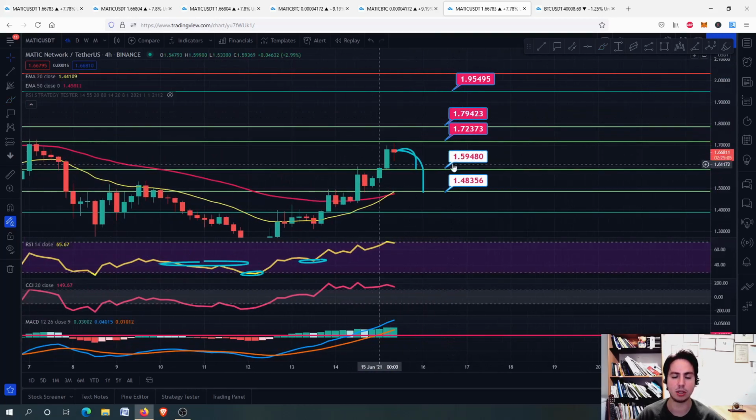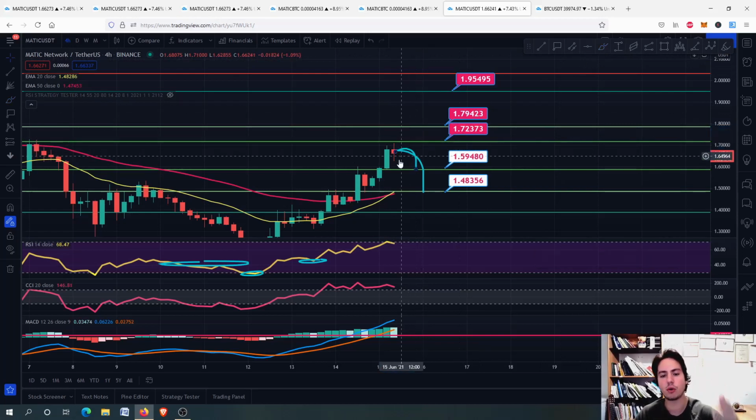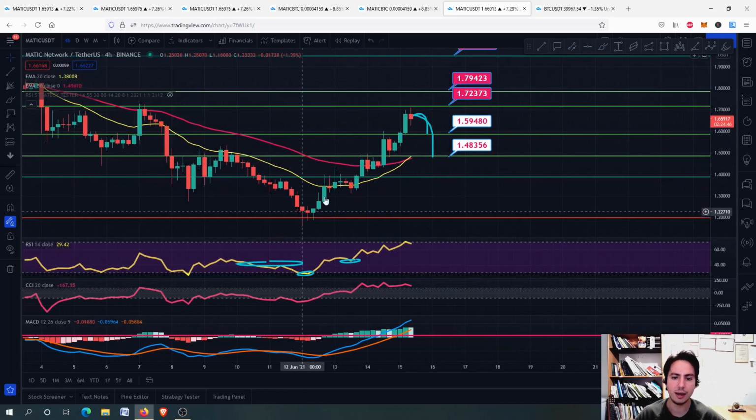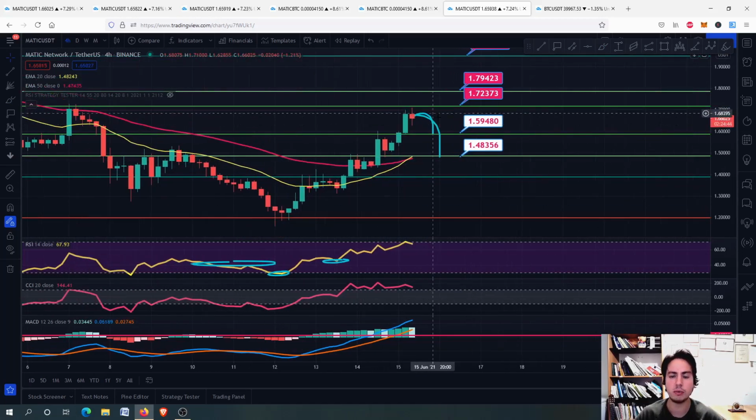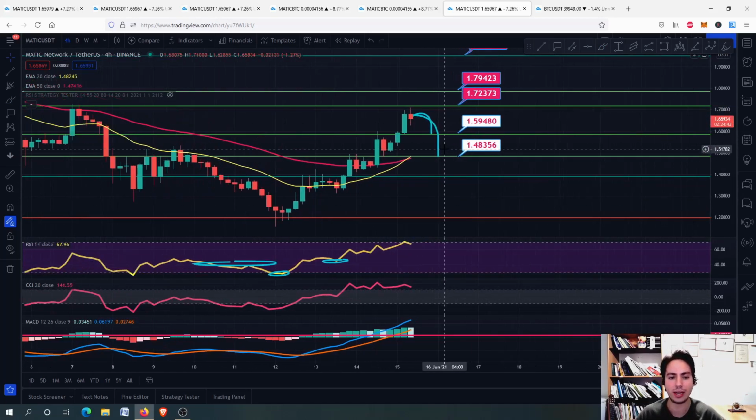So we might just correct for a little bit before we go upwards to 1.79. But approximately, guys, I'm just telling you that we are in an overbought situation, so you have to be careful now. It is better to minimize the risk than to invest when we are having a risk, right? Even if we go to 1.79, it is better now to wait and have our correction, because you can see we went so much upwards. We will have a minor correction, and afterwards we can see what we will do.